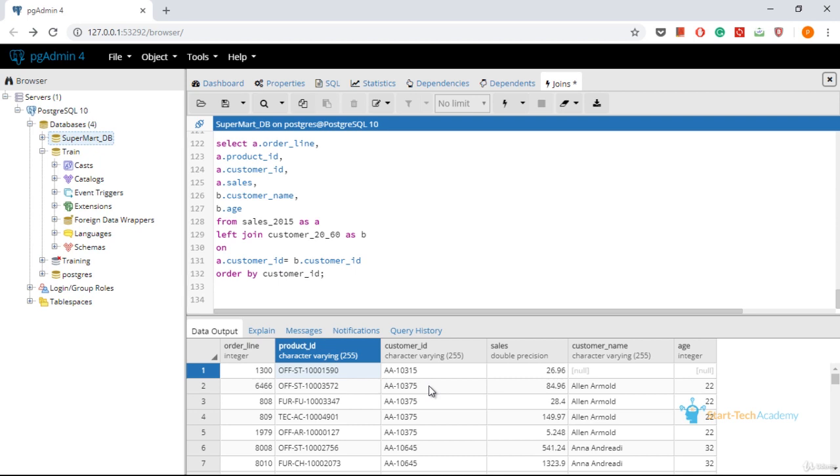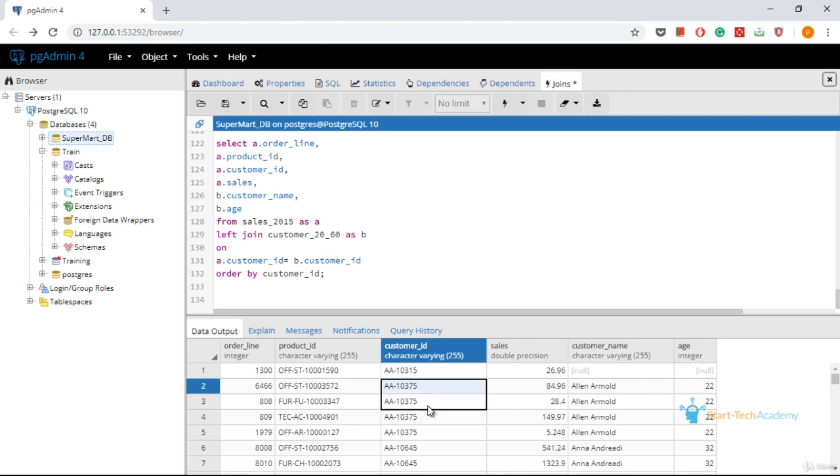One thing to notice here is, since our sales table had multiple values with the same customer ID, you can see for this particular customer there are 4 values, 4 rows coming, and against all these 4 rows the same customer name and age is coming, since our customer table has customer ID as the primary key.